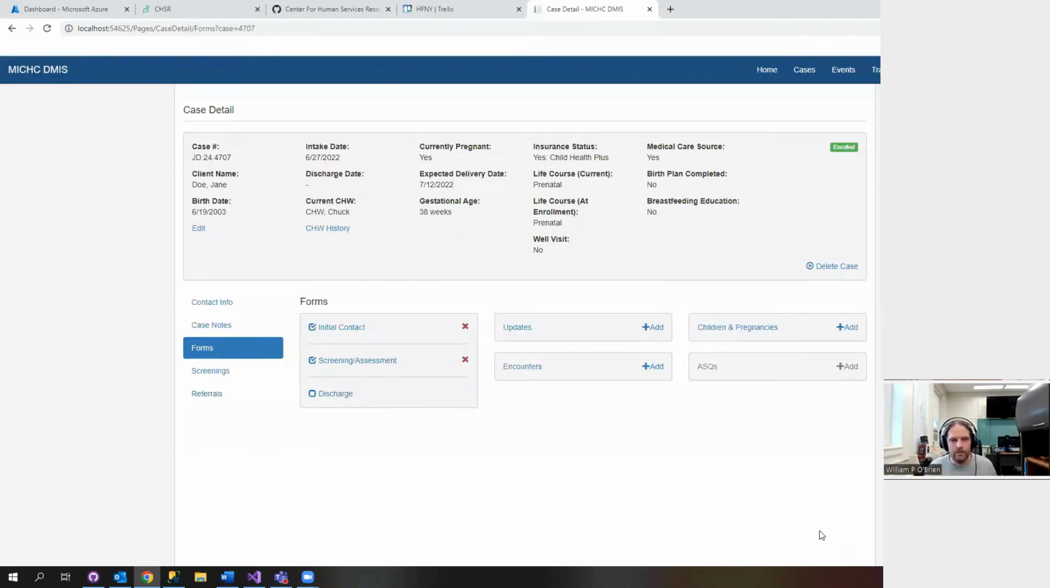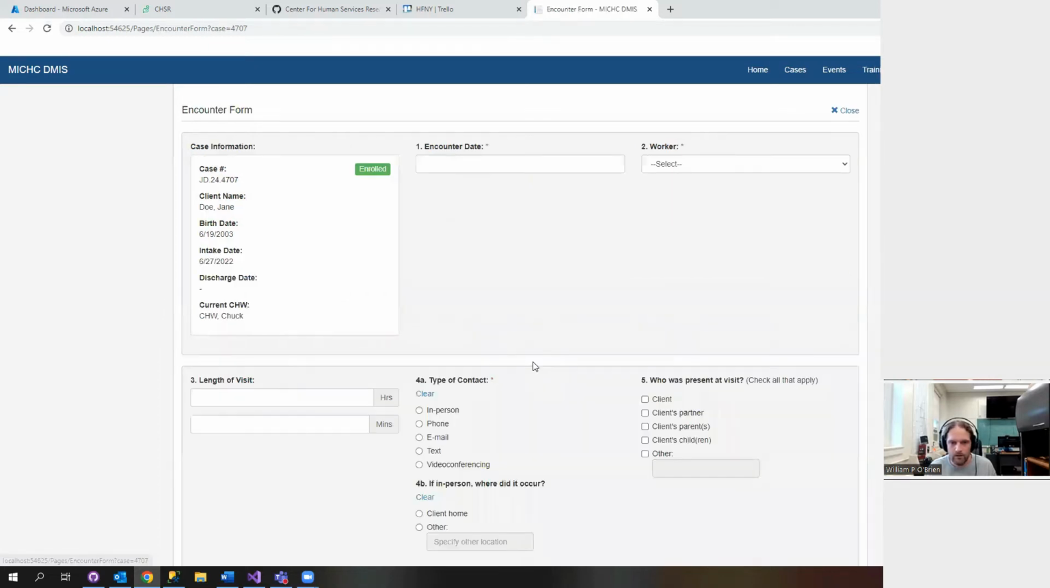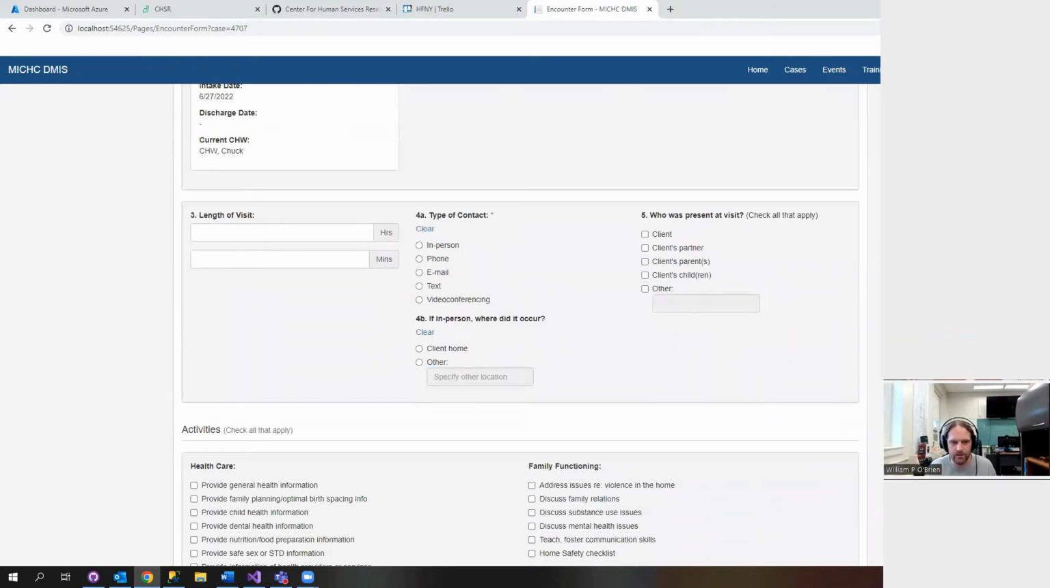All right, so the screening assessment is in. You can see the intake date's been updated. Yes, we're currently pregnant. We put in the expected delivery date. So where's the breastfeeding education coming from? That's what I asked about, the breastfeeding education and birth plan. So on the encounter form, which opens up once the screening assessment goes in,